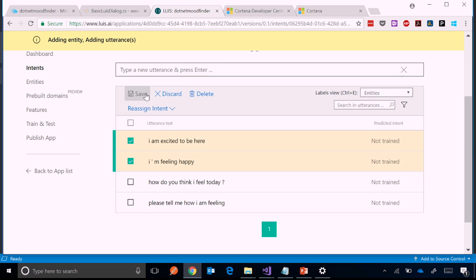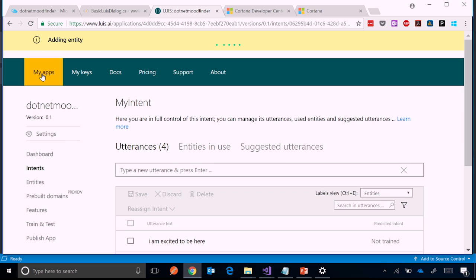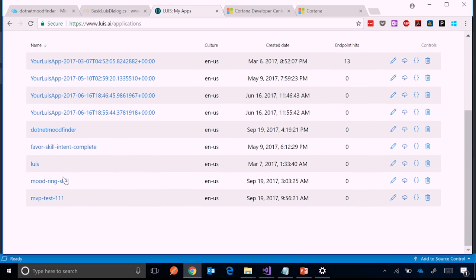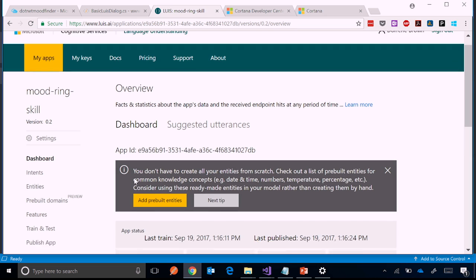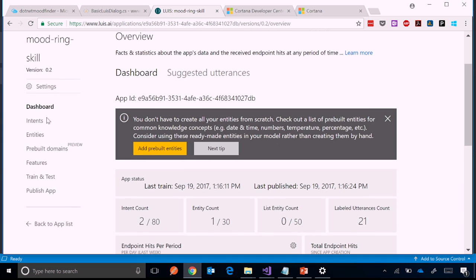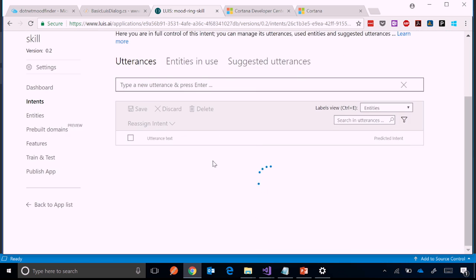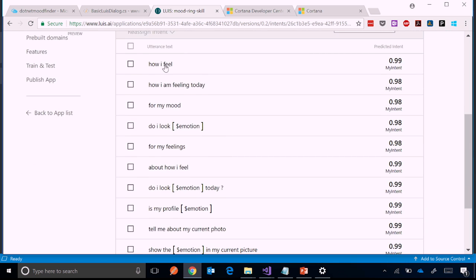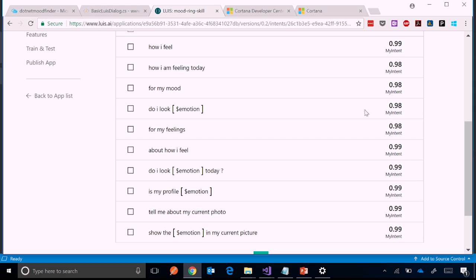So as we go and we train this, I'm going to swap over to a different model that we can take a look at together. If we look at this mood ring skill, it's basically the take the pie out of the oven version of this model. I've trained it with 2 intents and an entity. If I click on my intents, you see the my intent here. And I've trained this with how I feel, how am I feeling, right? Tell me about my current photo. Just a whole bunch of requests that you would make to Cortana. And you can tell that with a pretty high confidence, 0.98 out of 1,